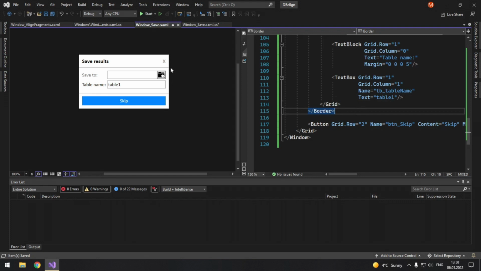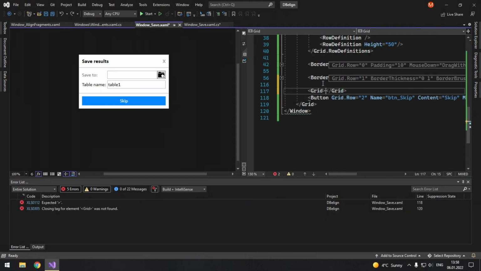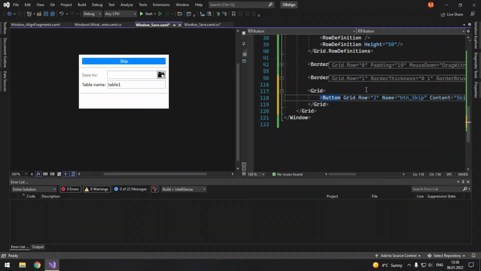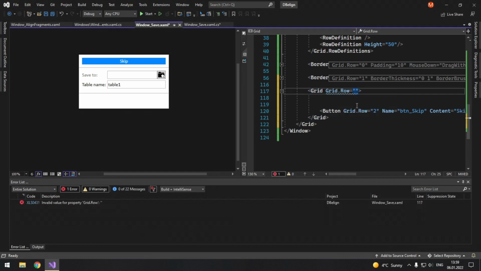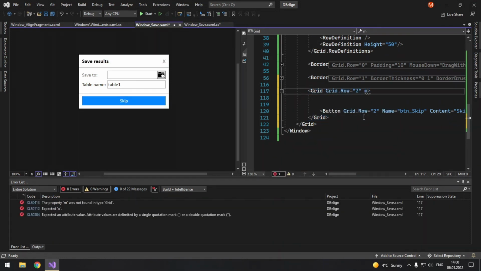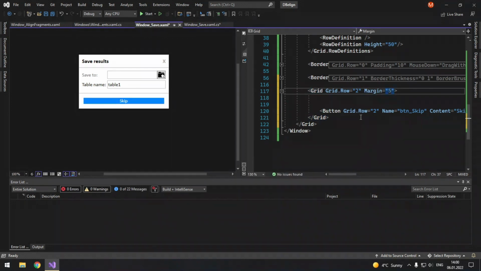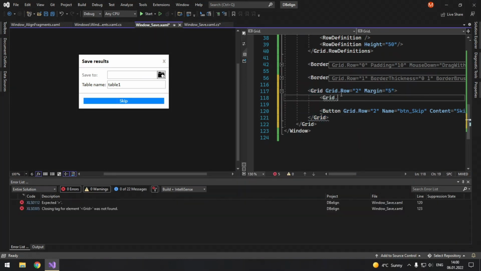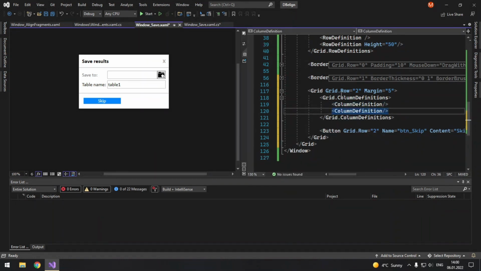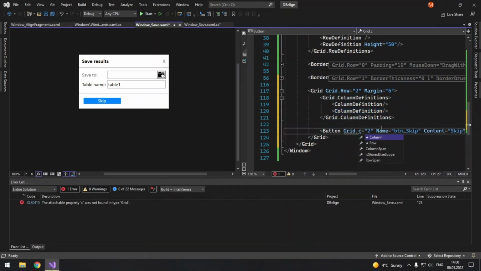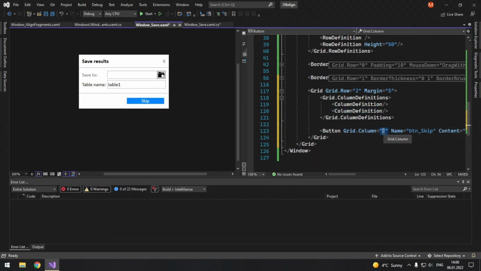So after the content, we will create here a grid because we need 2 buttons. Grid, put it inside. So it will be in grid row 2. So let's give it margin of 5. And it will consist of 2 grid column definitions. So column definition. Okay. Now this button, it will be in grid column 0.